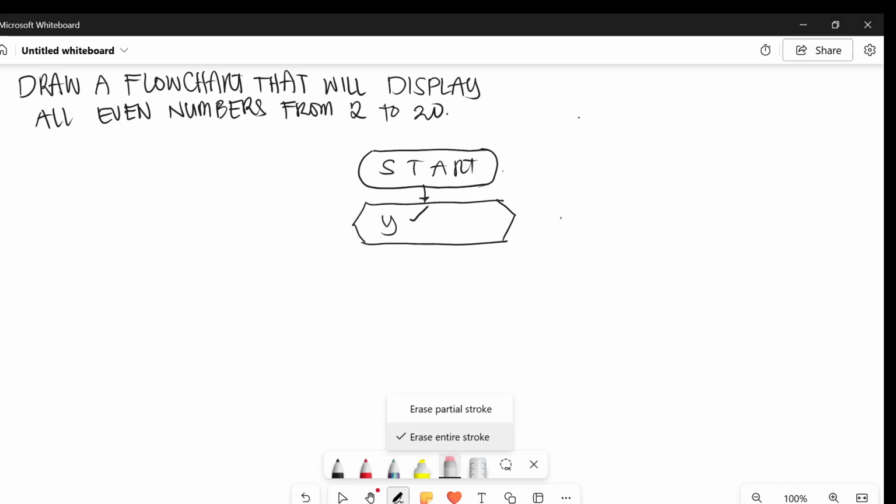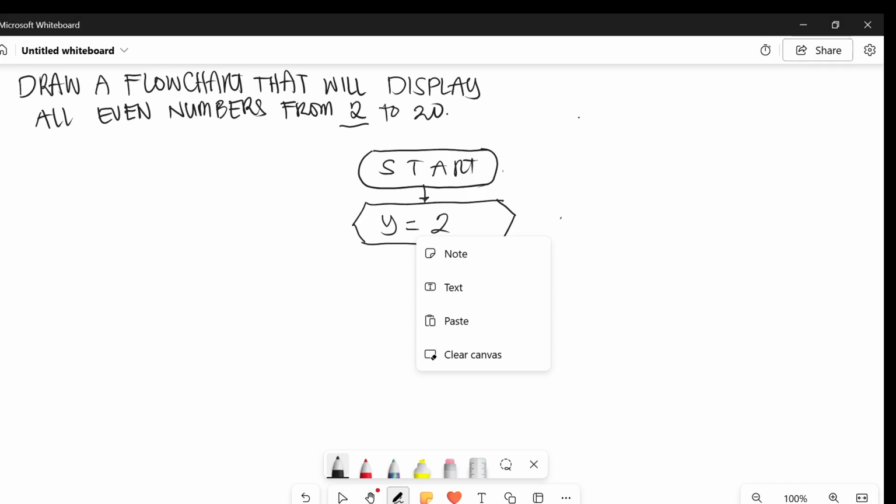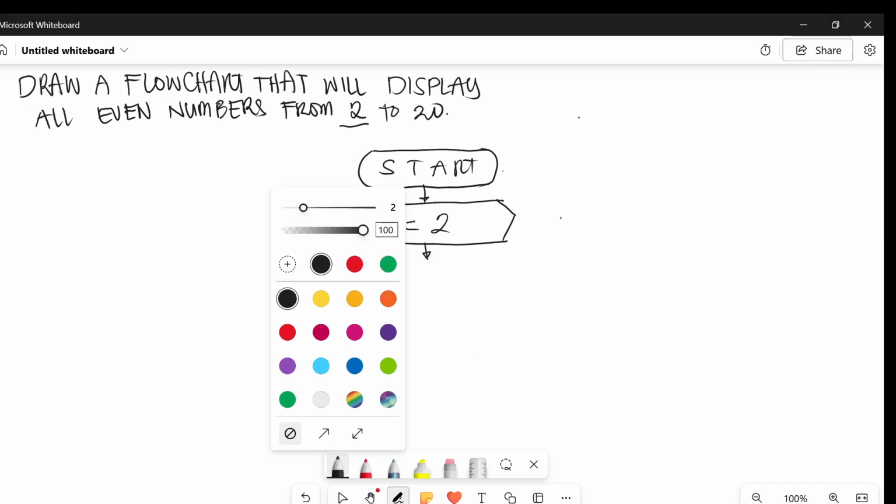Because we are told to display even numbers starting from 2 up to 20, here we say y is equal to 2, and we test if the value of y